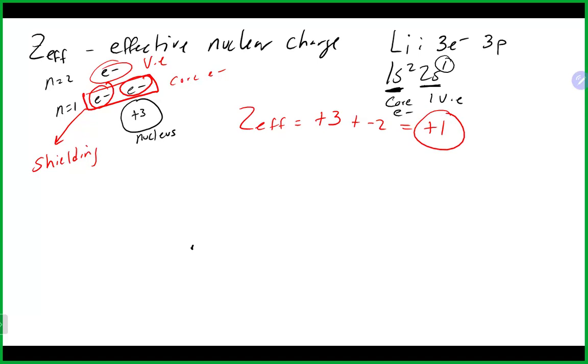which are much closer. That also explains why, again, one of the reasons valence electrons are involved in bonding, because they're not held as tightly. They're able to be kind of removed or shared because they're not feeling that full brunt of that positive charge. Any questions on that? Now, the general trend for Z effective, if you take your generic periodic table, which looks